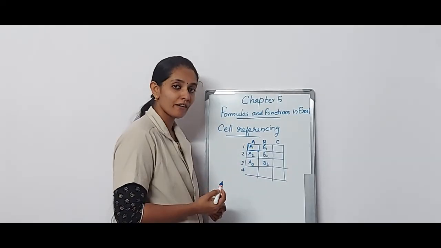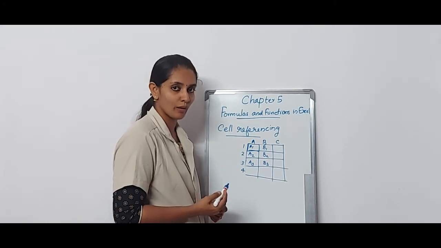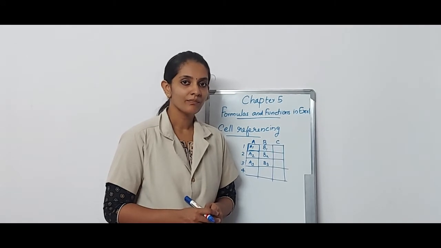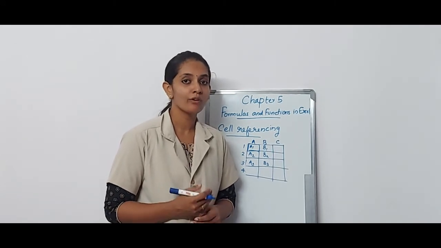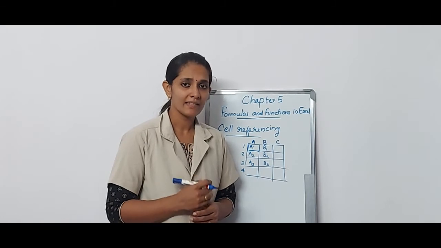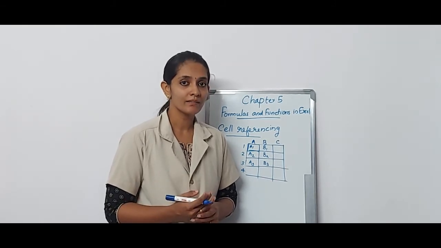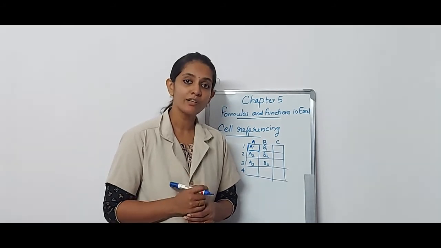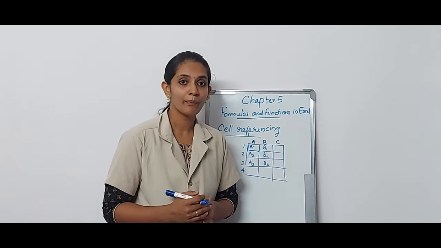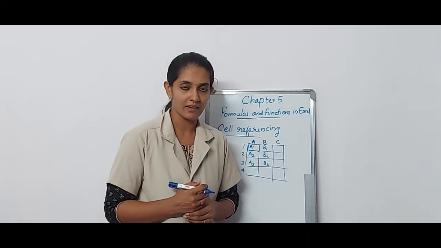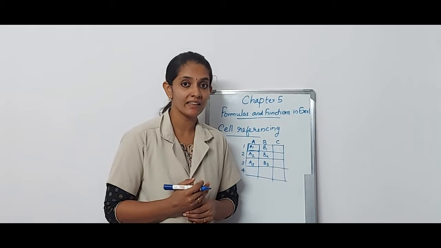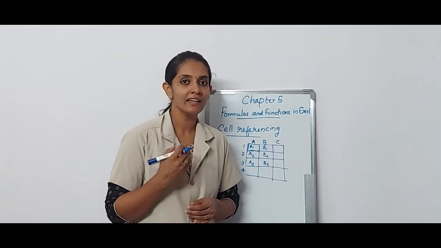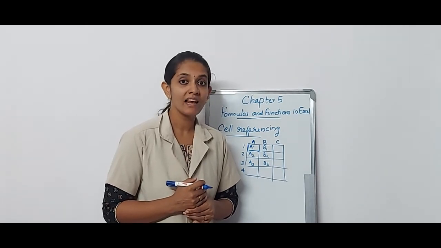We can refer to this cell address in a formula. This is known as cell referencing. It means we can reference the address of other cells. In Excel, a formula contains references to other cells. In such a case, the result of the formula will depend upon the value in the referenced cell. If we make any changes in the referenced cell, the result of the formula will automatically change. This is known as cell referencing.